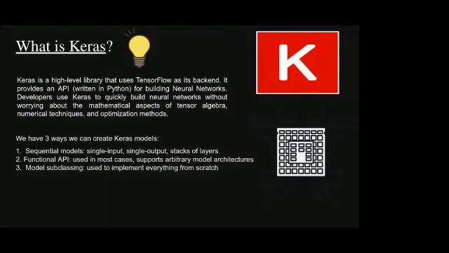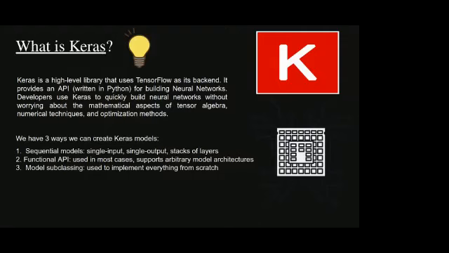Now it's so easy that you just need to do tf.keras.layers and you have your first layer. You pass in your data and you propagate your data. That's how easy it is. Now there are 3 ways to create models in Keras. The first way is the sequential model, which we'll be talking about today. Sequential model means sequentially passing on our data, which is single input, single output, and a stack of layers, which means you pass on your data to the neural network layer, and then you propagate it. So the data flow is sequential.